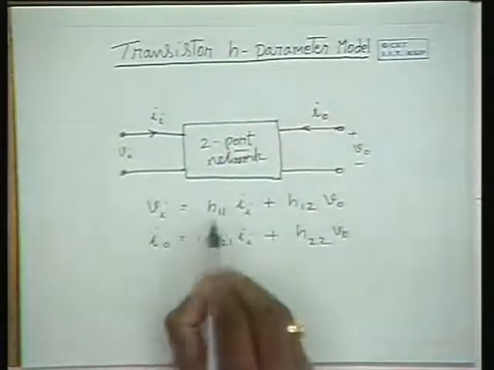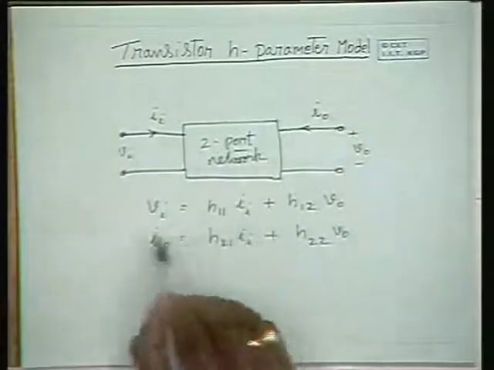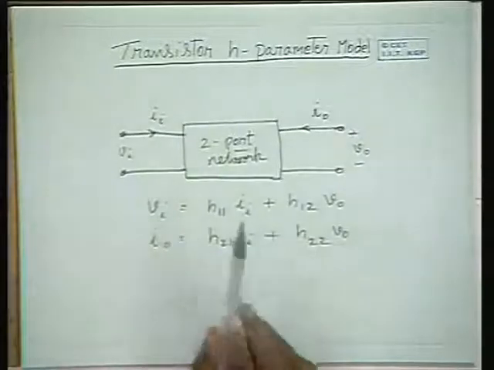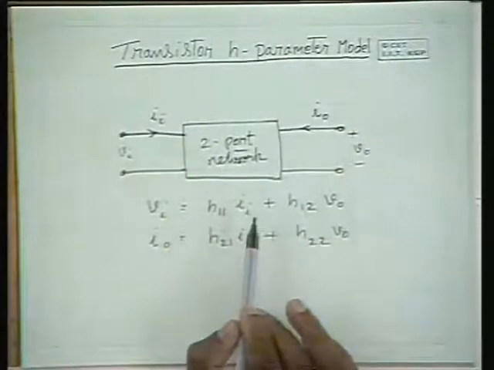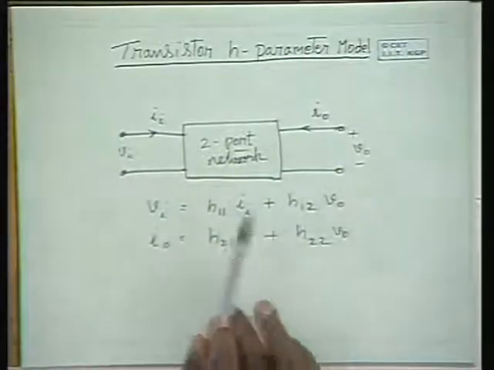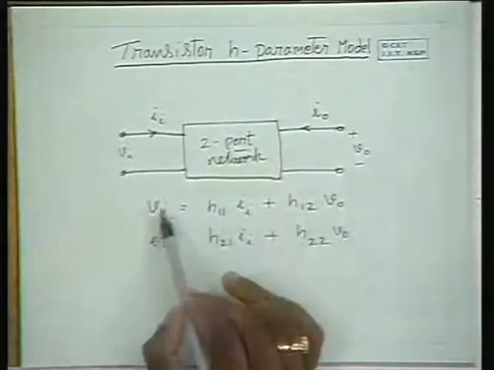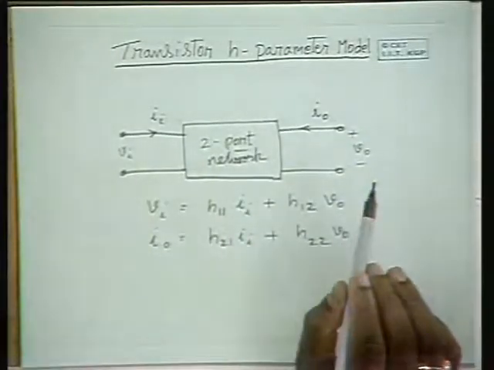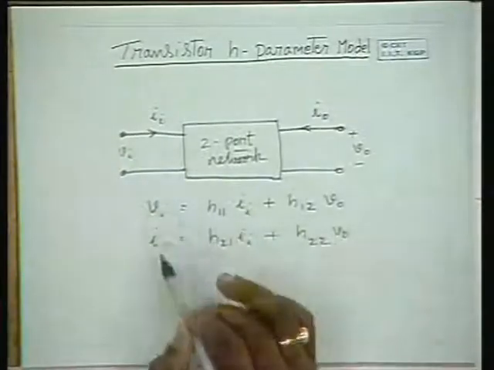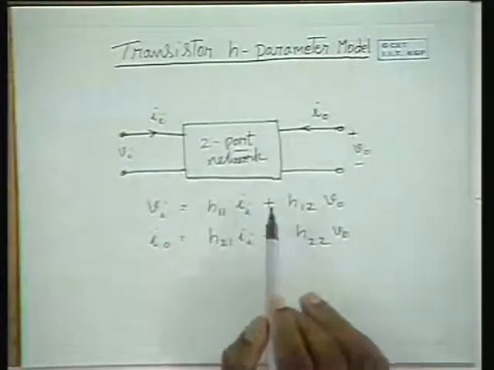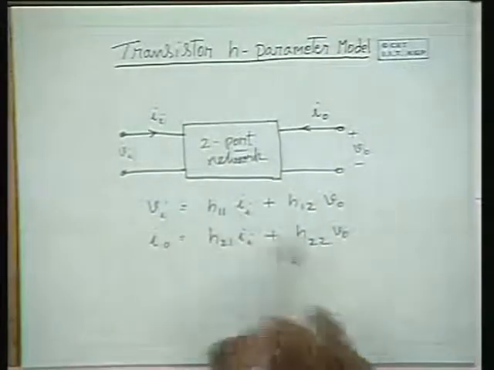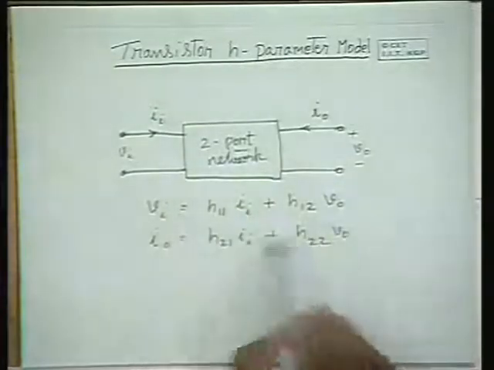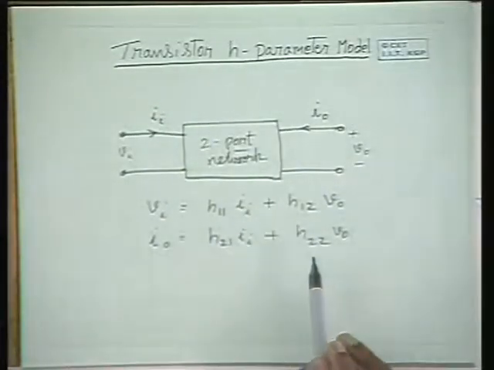Now, please note that in a two-port network like this with two excitations and two responses, for example Vi and I0 are responses, and Ii and V0 are the excitations. When you have two excitations and two responses like this, and it's a linear circuit, naturally there is a proportionality between each one of these quantities. That is why it is expressed in terms of a linear model like this.